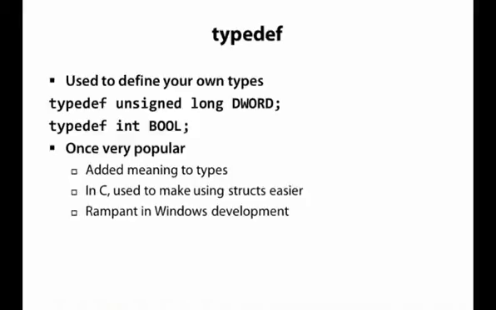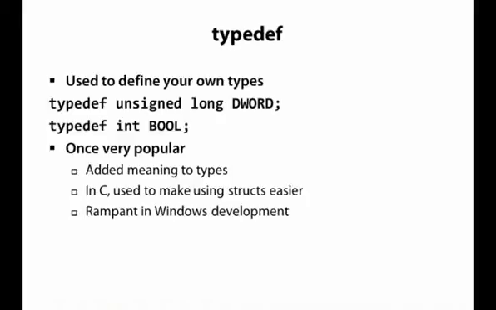And those of us who were writing C++ before then had this idea of true or false and no type to put it in. And so by saying typedef int bool, it's actually carried around in an int, but if you go calling it a bool, then you just, by practice or convention, only put 0 or 1 in it, and it carries a little extra information. When I tell you a function returns a bool, you think of it differently than if I tell you it returns an int.